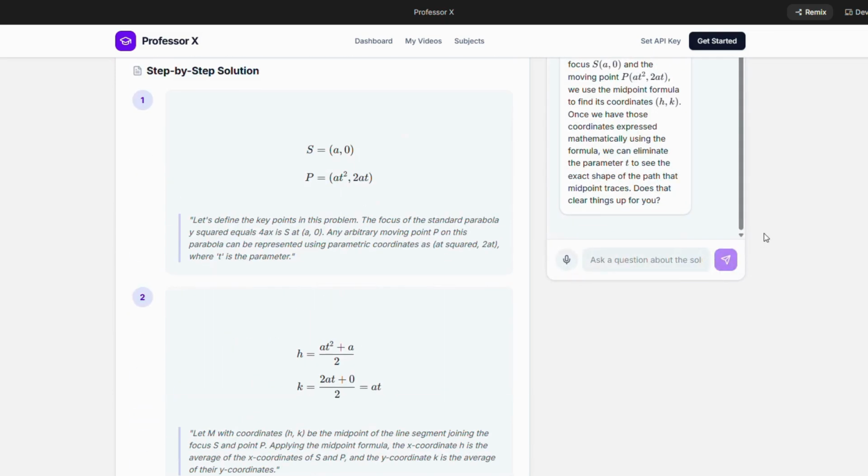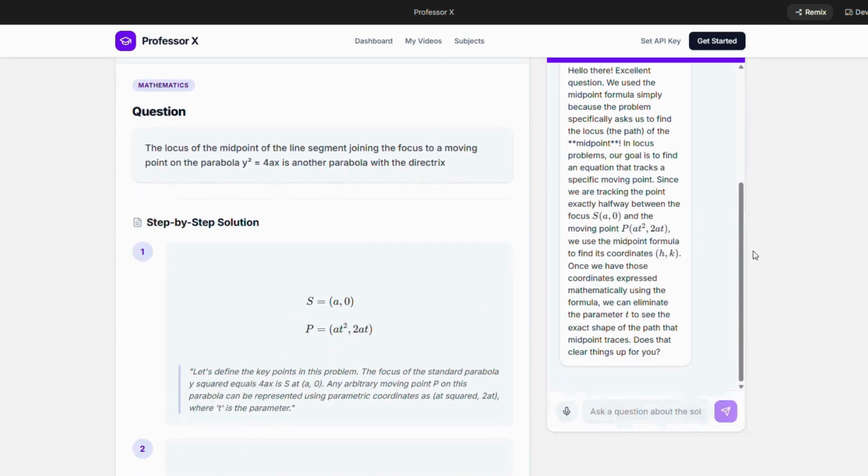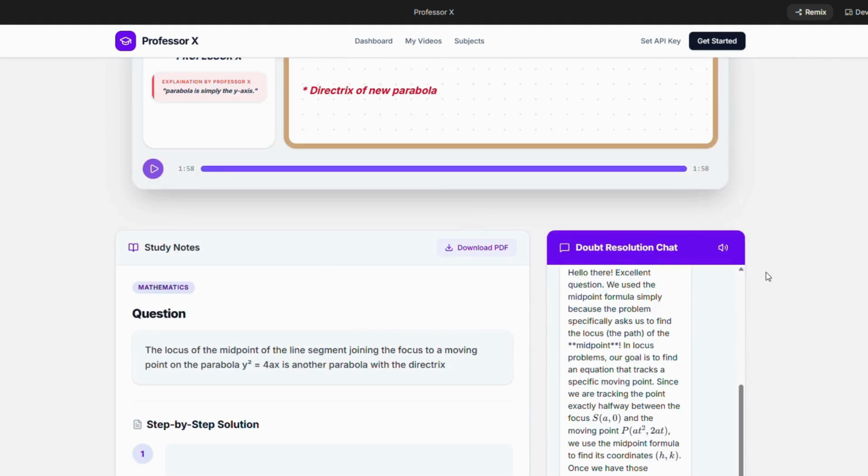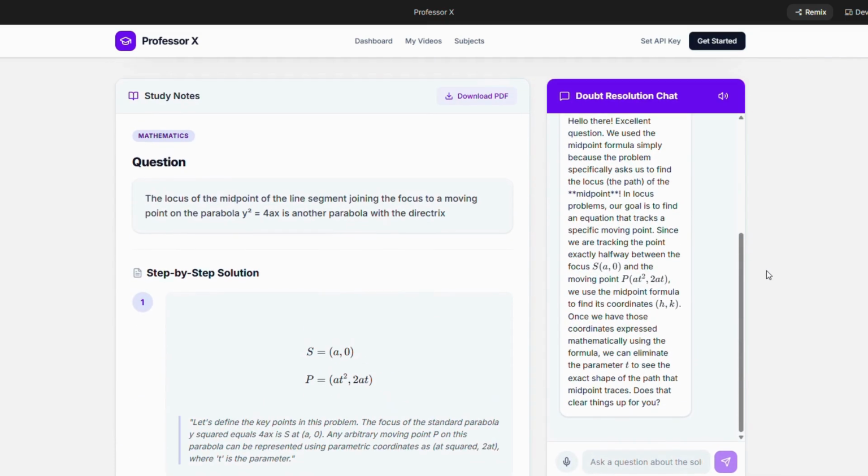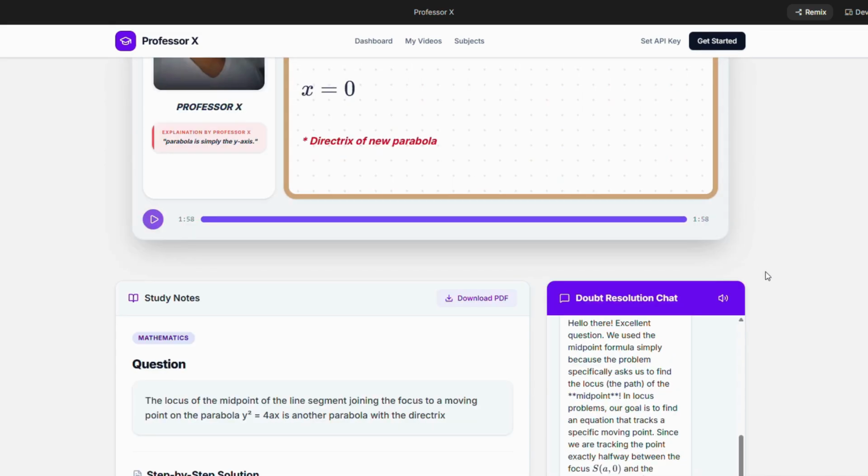Hello there. Excellent question. We used the midpoint formula simply because the problem specifically asks us to find the locus, the path, of the midpoint. In locus problems, our goal is to find an equation that tracks a specific moving point. Since we are tracking the point exactly halfway between the focus S (a, 0) and the moving point P (at squared, 2at), we use the midpoint formula to find its coordinates (h, k). Once we have